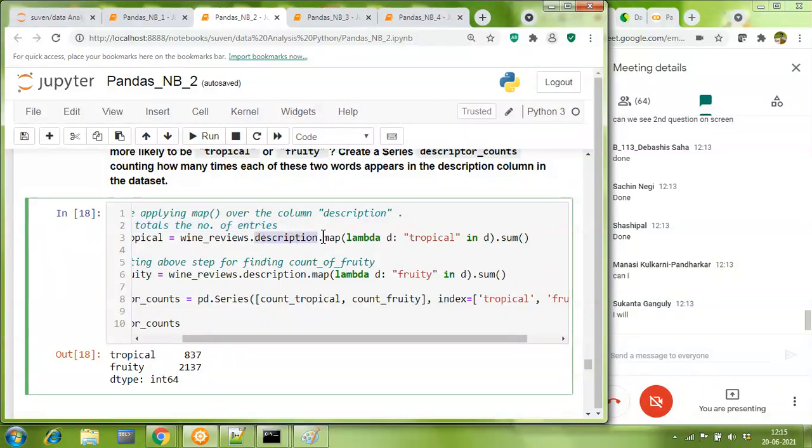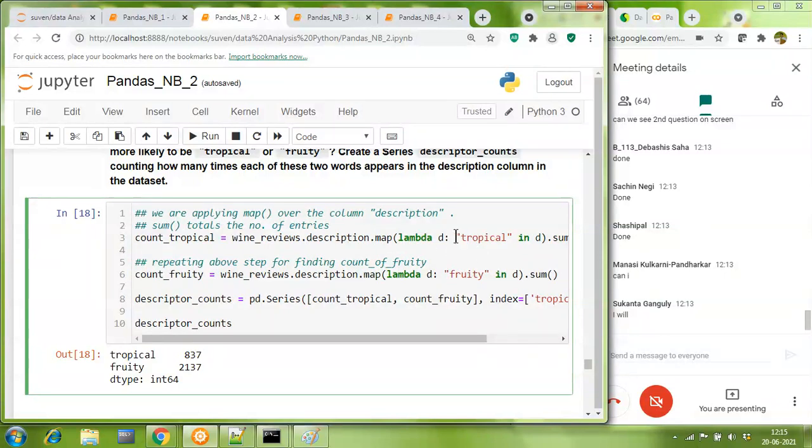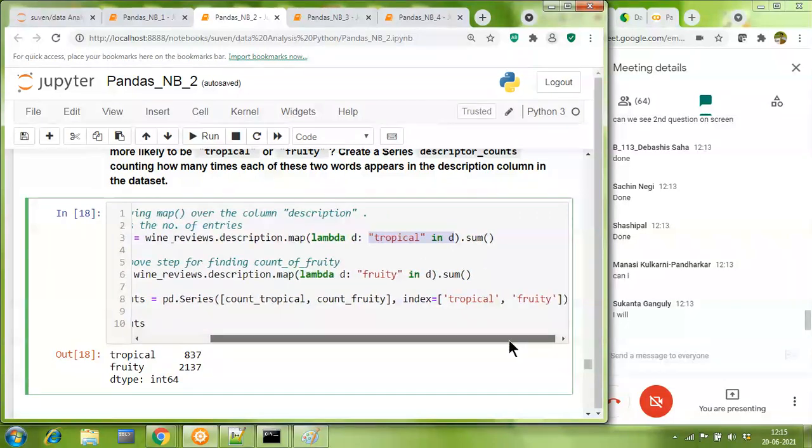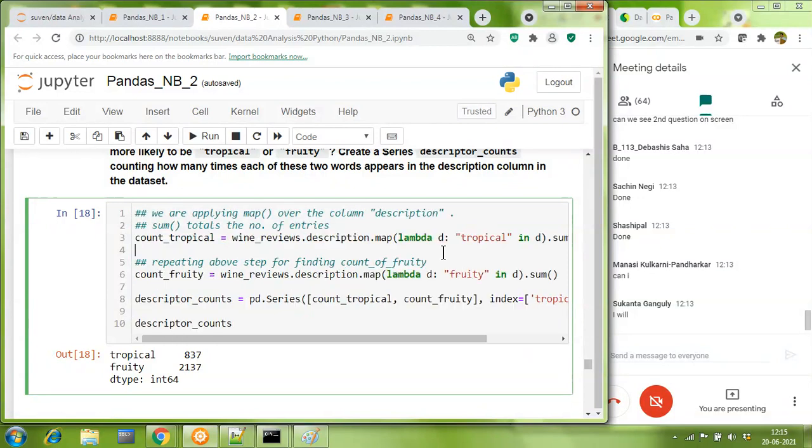We use a function called map, and we are applying a lambda on this description column, that is d, and we are finding for tropical in d, and we are taking the sum of this. So are you trying to say that when you say tropical in d, this will be true for all those cases in whose description the tropical word comes? Yes, sir. Absolutely, fantastic, very good.